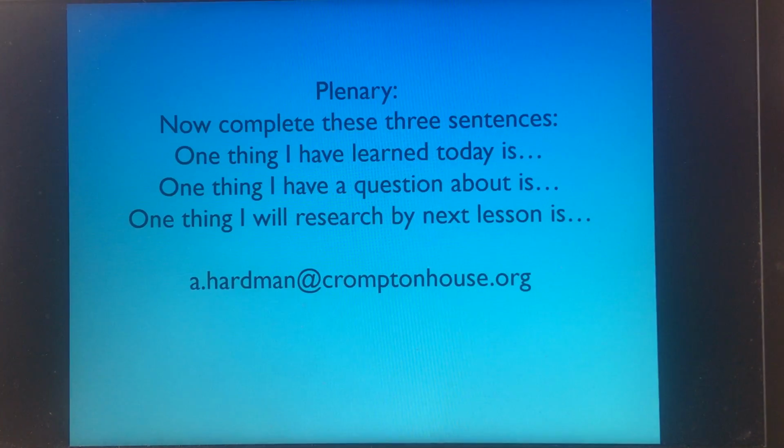Right, last thing then, plenary. What I'd like you to do is to complete these 3 sentences. One thing that I've learned today is, one thing I have a question about is, one thing I will research by next lesson is, and then if you want to, you can send me the question that you've got